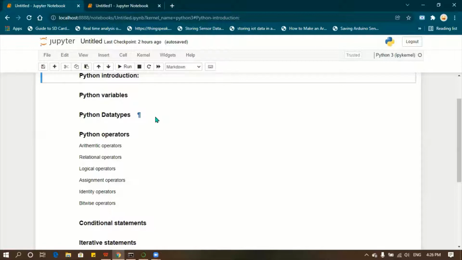Okay. So Python was developed by Guido van Rossum. He is the one who developed Python during the 90s. So we can say that Python is an easily understandable language when comparing with other programming languages. It's like we are talking to the system.